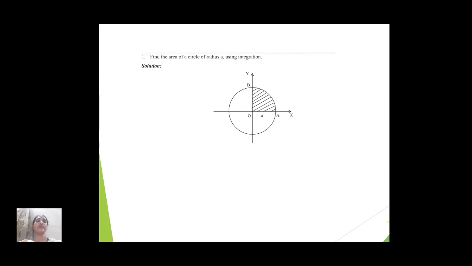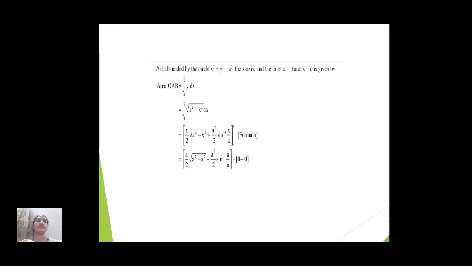Next, find the area of a circle of radius a using integration. Generally, we know that area of the circle is pi r square. Here radius is a, so pi a square. Area bounded by the circle x square plus y square equal to a square, the x-axis and the lines x equal to 0 and x equal to a is given by